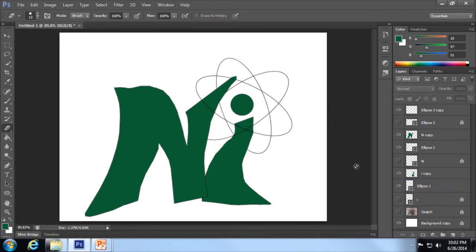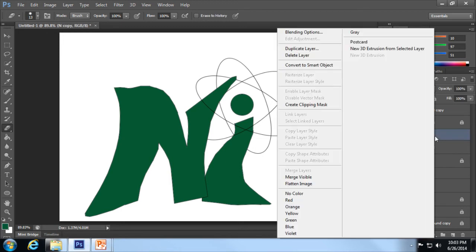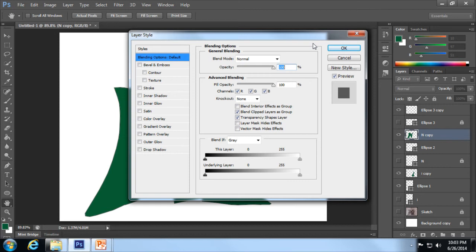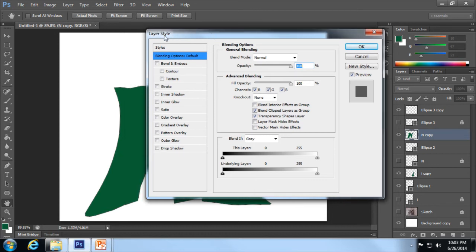And deselect it. And now we can see that it goes behind the N here and behind the I here. So everything is overlapping quite nicely. Now, just in order to clean this up a little bit, we're going to go to the N copy. So right click on it, and we're going to go to the layer blending options. In the blending options, pull the screen over. In the blending options or layer style,